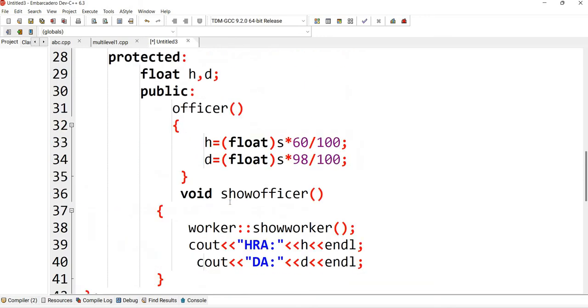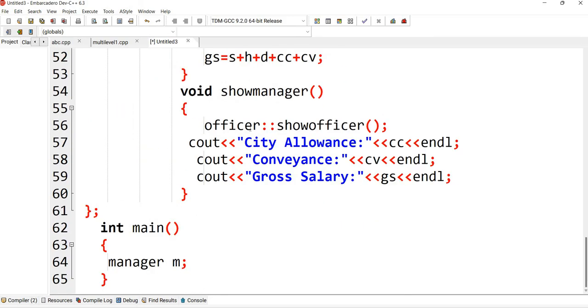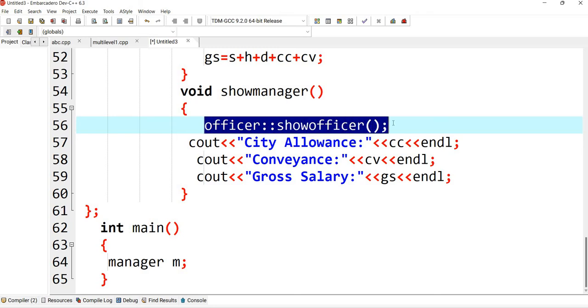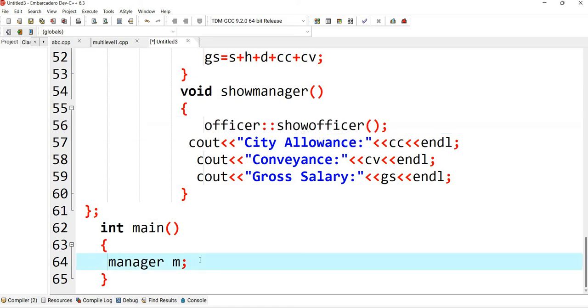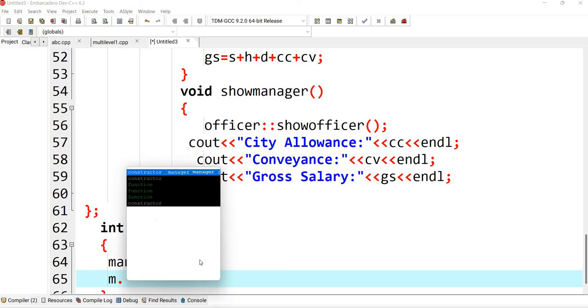And one more thing, can you see here that I have called this member function show worker within this officer, and also I have called show officer within this manager. So that means when I call this manager, by default all the values will be displayed here. If I don't call, I have to write separately one by one, right? So I'll write here m dot. Can you see that this manager, right?